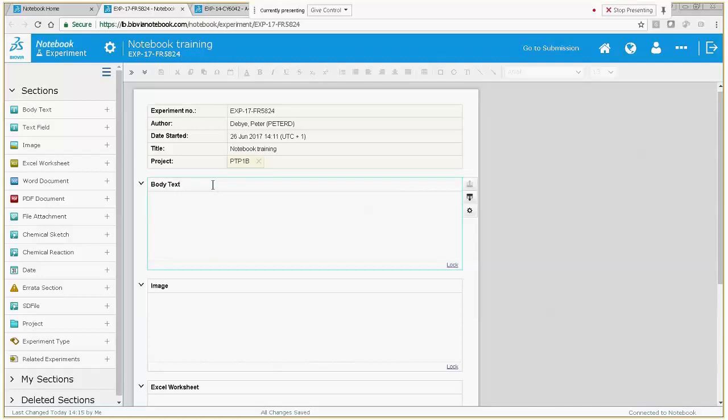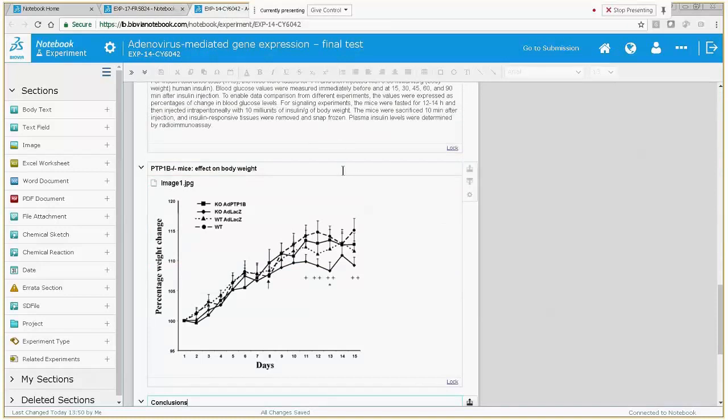So how do these sections work? There are some things which work with all of the section types. If you go to the right of the section, you can see this cogwheel here, and there you have cut, copy, paste and delete. So for example, I can go to that other experiment that I had open earlier,